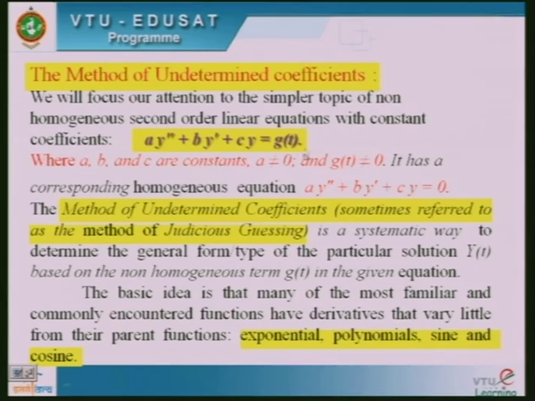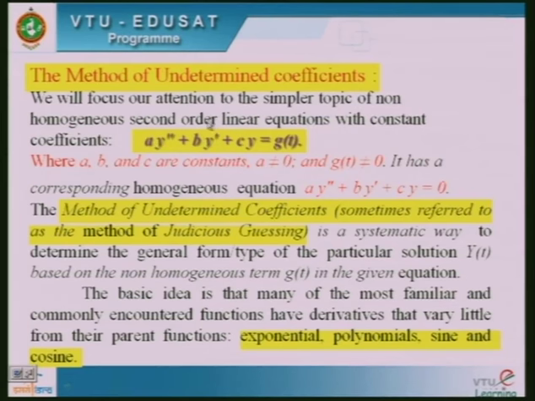Now, as I have mentioned, I have to observe the right hand side member. Depending upon the right hand side member, I have to guess a particular function along with arbitrary constants. Then I have to verify whether our assumed solution satisfies the given equation or not. How are we going to verify? Say, if I assume y of t is equal to something, then I have to obtain the second derivative and the first derivative of the assumed solution, and substitute in the given equation along with the right hand side member.